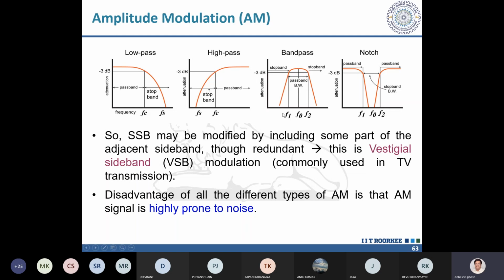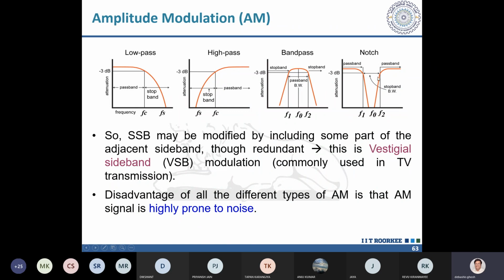This is the band pass filter. I want a sharp cutoff. This sharp cutoff should be at FC, but practically you will not have it. So something on the other side of FC will also come into the picture. Although it will be suppressed a bit and scaled down, it will still be there. It is not exactly eliminated.